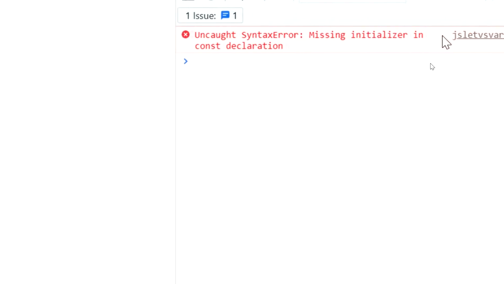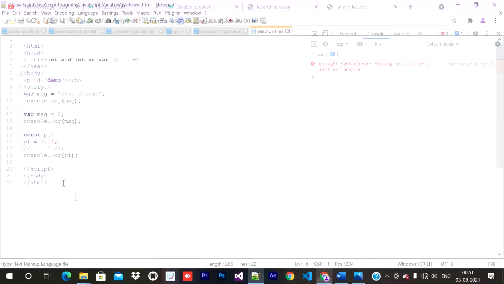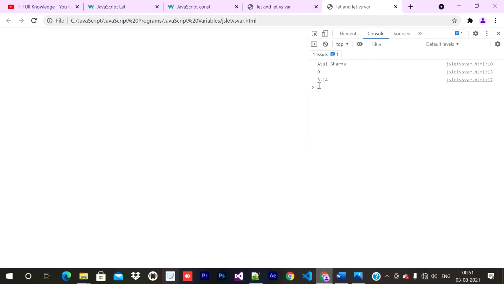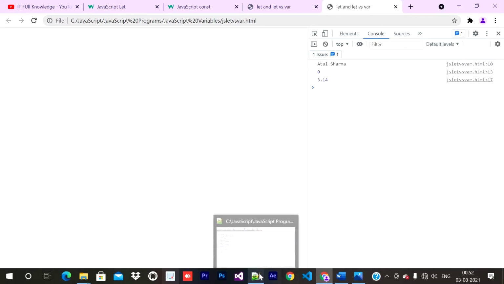So in constant declaration, in the same line, you need to declare and assign also in the same line in case of constant. So this is wrong. So in that case, error can come in your code. Okay, so I hope now we refresh and absolutely is fine, because we commented the code which causes the error. Okay, so I hope you know a little bit about constant also in that video.